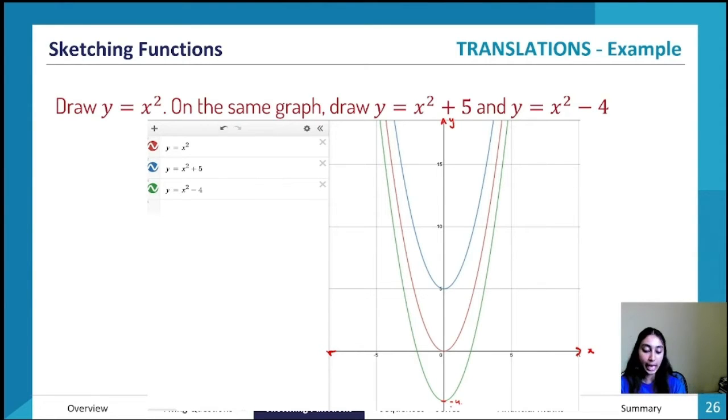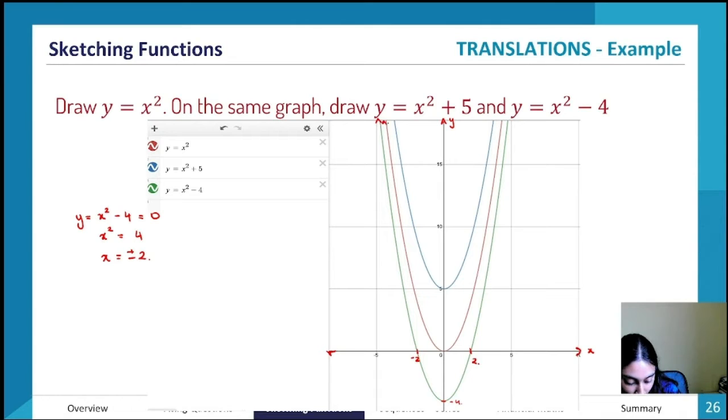I also have my x-intercepts to label. I've only got 2 x-intercepts, and luckily for me, y is equal to x squared minus 4 is something that I can figure out the intercepts for. So let's figure it out. The way that we can figure out our intercepts is by making y equal to 0. So y is equal to x squared minus 4 is equal to 0. X squared is equal to 4. So x is equal to plus or minus 2. So this over here is minus 2. This over here is 2. Awesome.